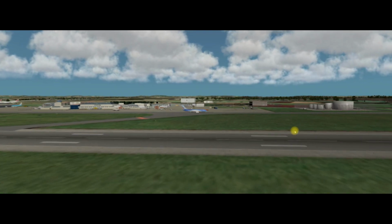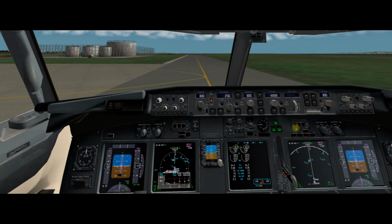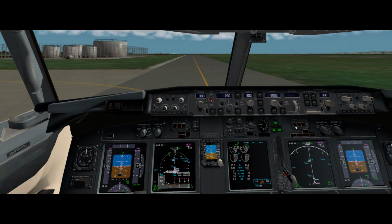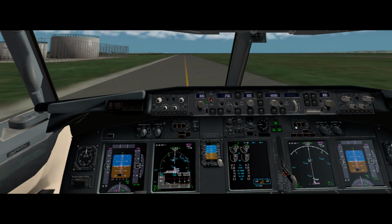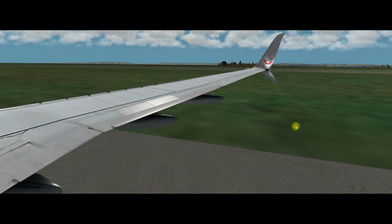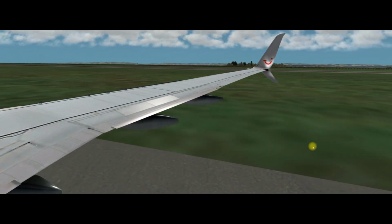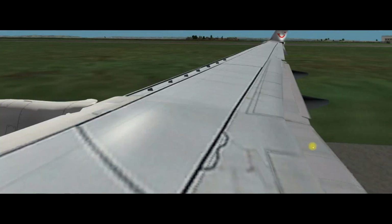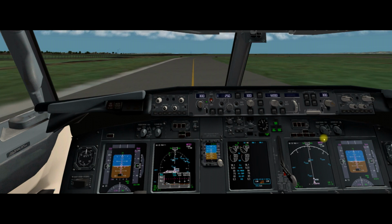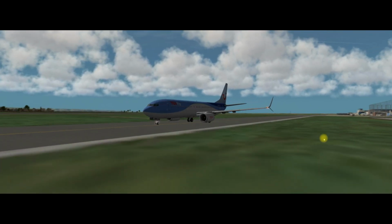So taxiing down to runway 30, Alpha 1 runway 30, just going past the fuel tanks here on the left hand side. And a couple of weeks ago, Iron Maiden's aircraft, Air Force One, was just parked pretty close to the fuel tanks, but plenty of safe distance anyway. So, bit of a fast taxi down,